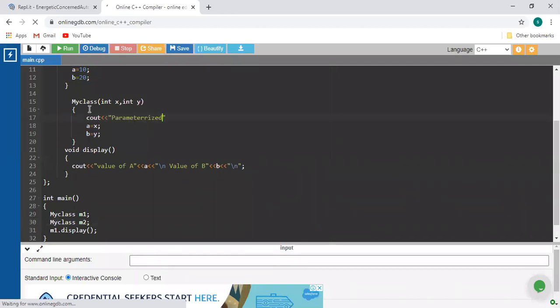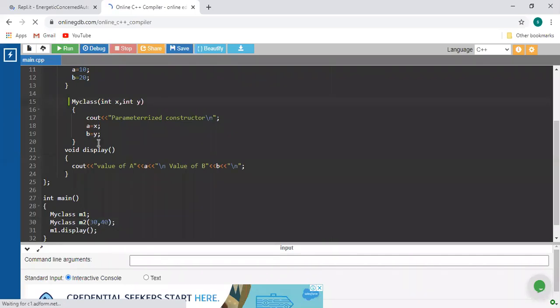How are you going to provide the call? m2, and in the brackets we are going to pass two different parameters, 30 and 40, because we are accepting two different parameters with respect to this parameterized constructor. So we are going to pass only two parameters.